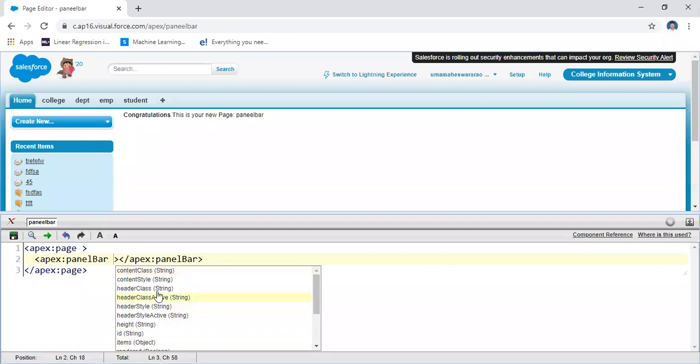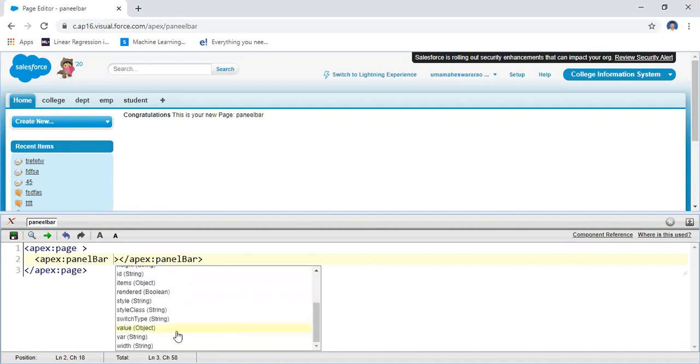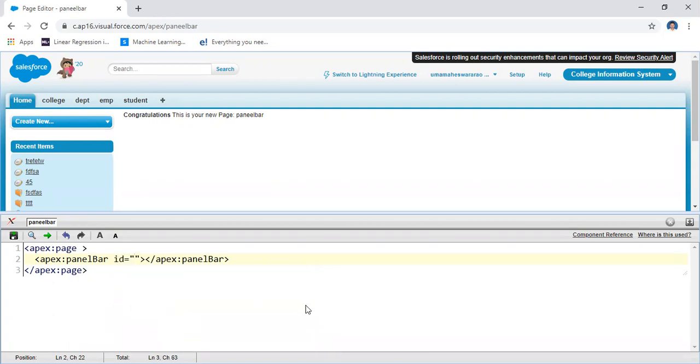Different attributes are there. For example, I'm taking content, id, item, item style, value, or variable width. You may consider any one here. For example, I'm taking one id, for example panel one. Let us assume a simple id.